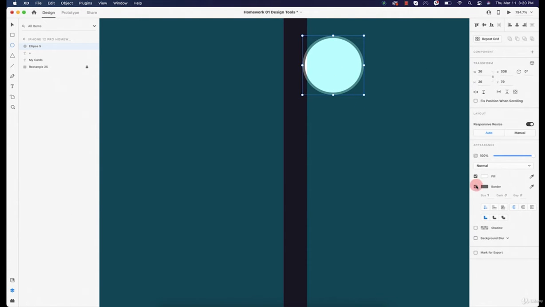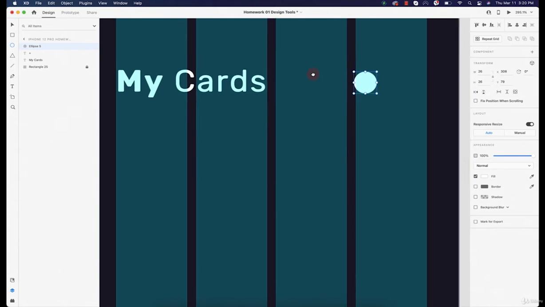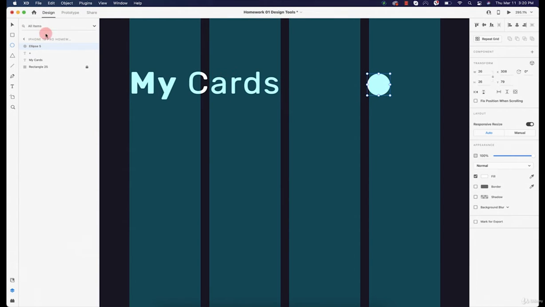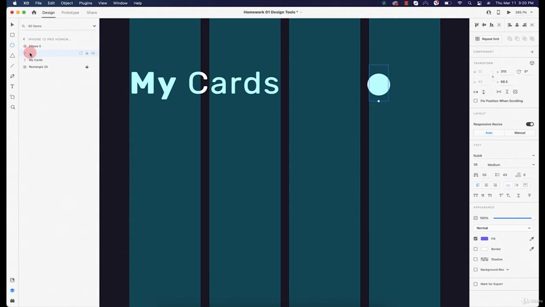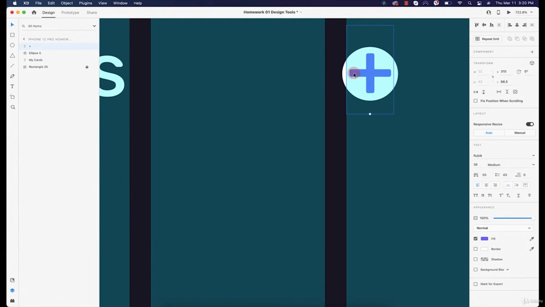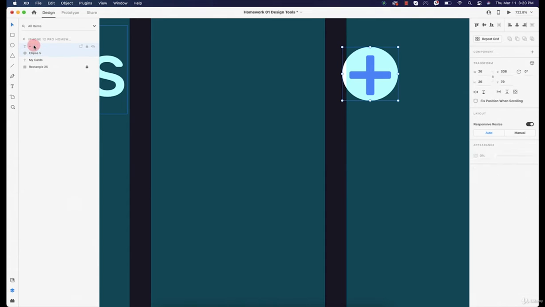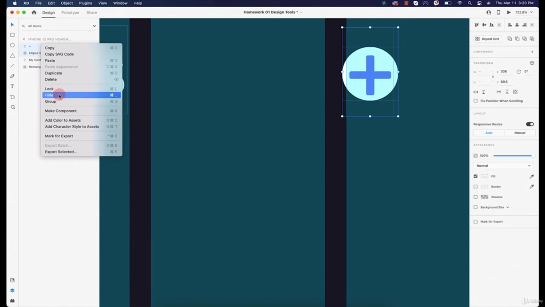On the Mac, Alt is option. Of course, we disabled the border as well. And now I'm going to move it over the circle in the layer panel. Make sure that the plus is in the middle of the circle, and then we are going to select both of them. Press on the Shift and select both of them, and then right click and group them